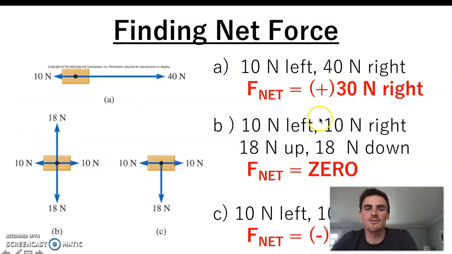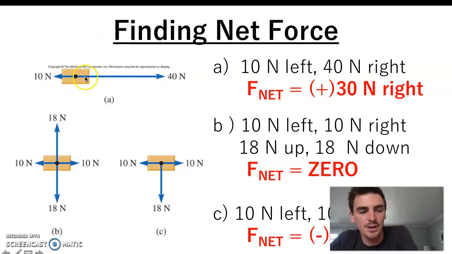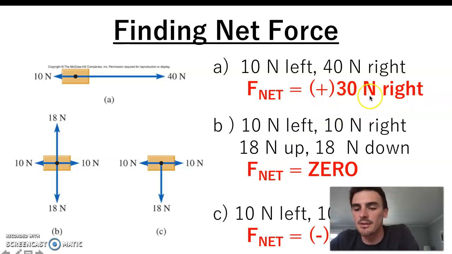You guys will get the hang of this fast, but when you find net force, you're just adding it up. And sometimes we think about left as the negative direction. So if we look at the first example here, I pull the box with 40 newtons to the right, you pull the box with 10 newtons to the left. The net force is going to be 30 newtons to the right because 10 will cancel out 10 of that 40, and what's left is going to be 30 newtons to the right,